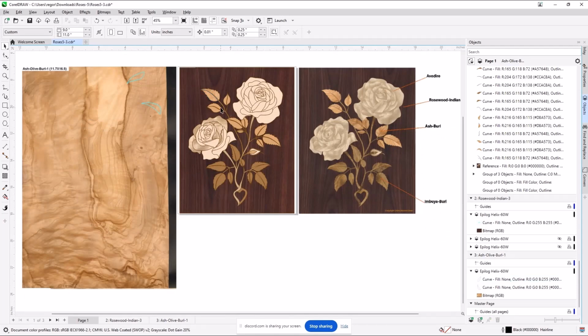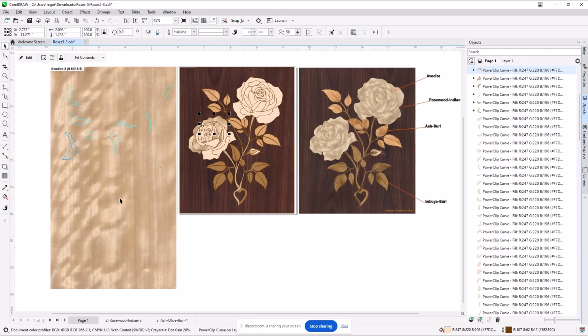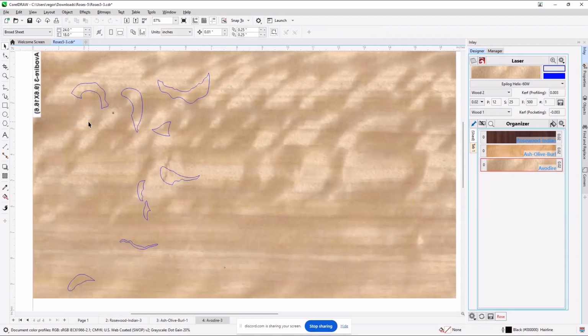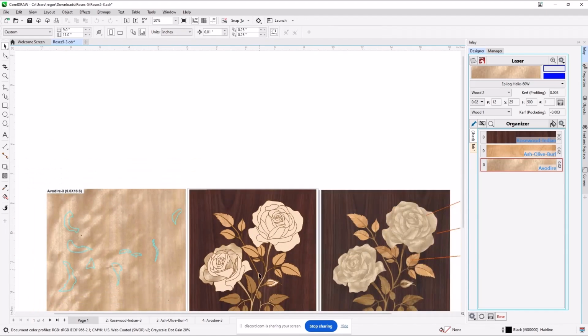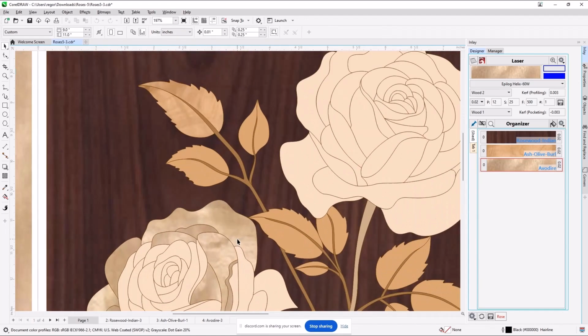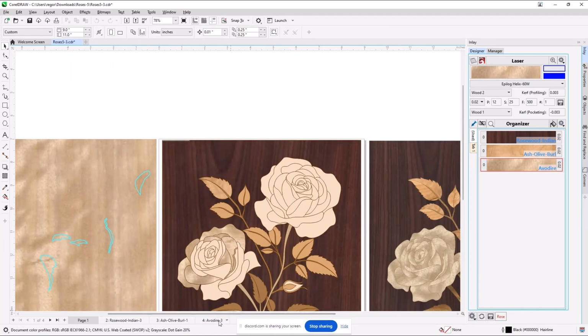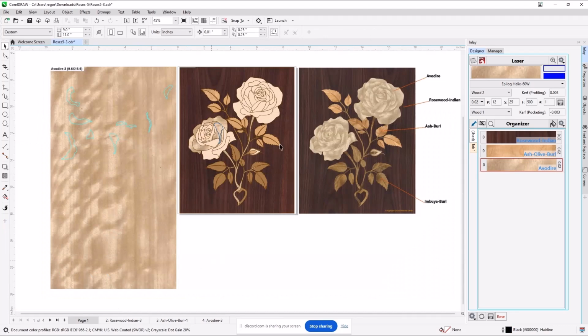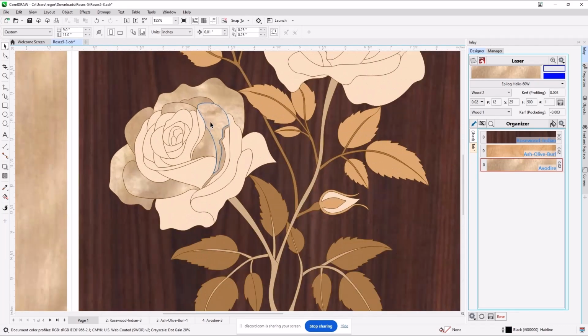If I click on this piece here, and I've done a cut panel for the appropriate wood, which I haven't, then it'll tell me over on the cut panel where that is. So let me go ahead and do the cutter paths for this one real quick. And I mean, it's absolutely amazing how fast that step is. So this is the cut piece on the rose. I go back over to here. I can see it highlighted on the rose. I think, maybe not. Let's go back to this one. Yeah, there you go. It's highlighted on the rose so I can see where it is.